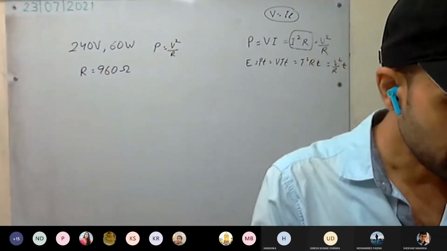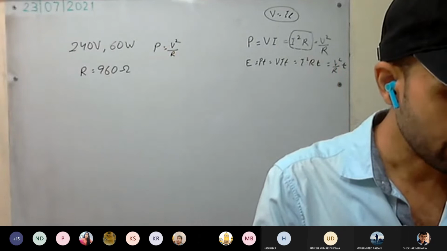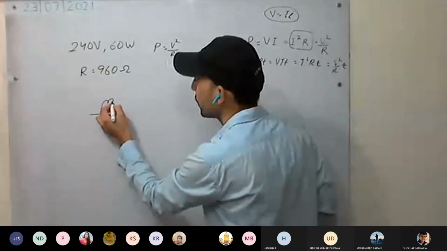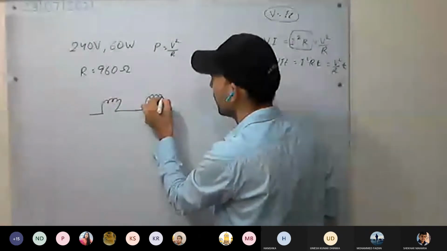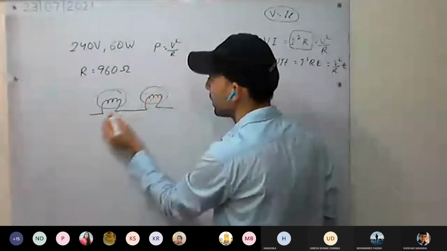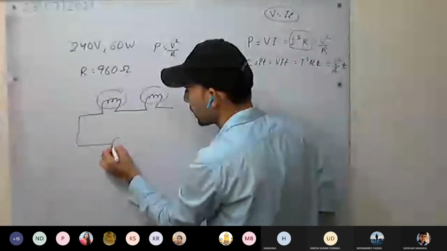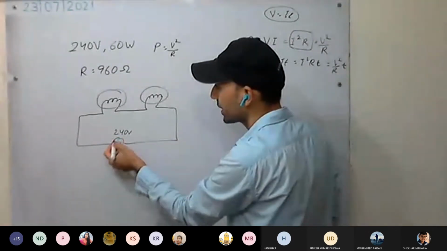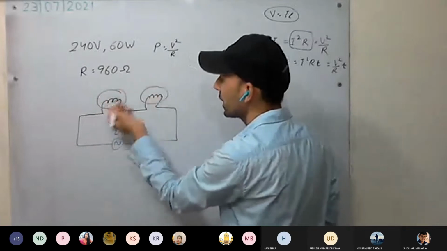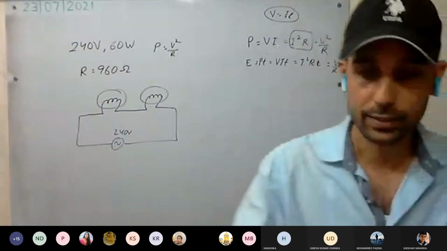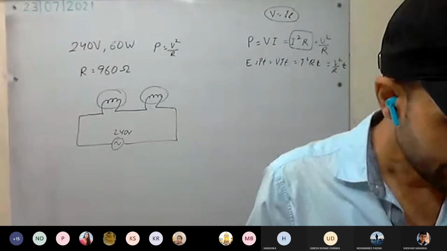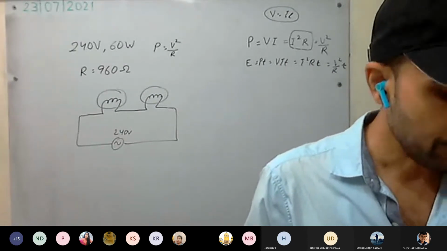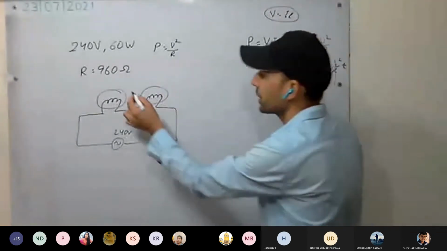Okay. Now if two such lamps are connected in series across 240 volt main supply. Now see here, first bulb, second bulb. They are connected in series across 240 volt. So it can be AC, it can be DC, you can draw accordingly. Okay, both are the same bulb. In series across 240 volt main supply. Explain why each one appears less bright. Each one appears less bright.